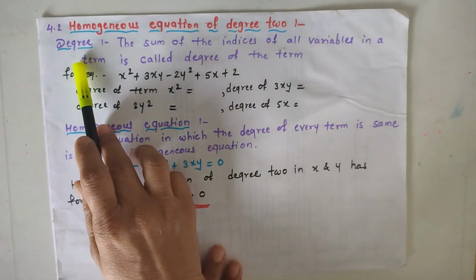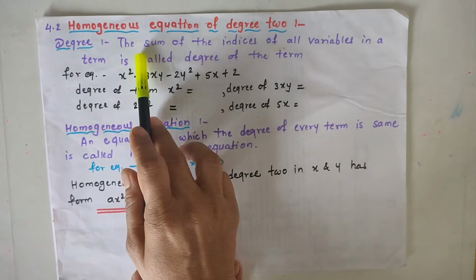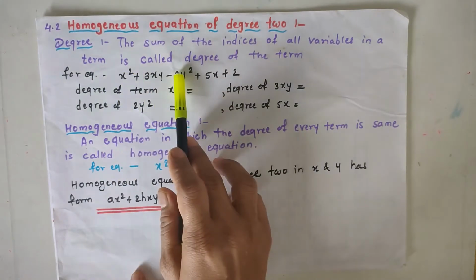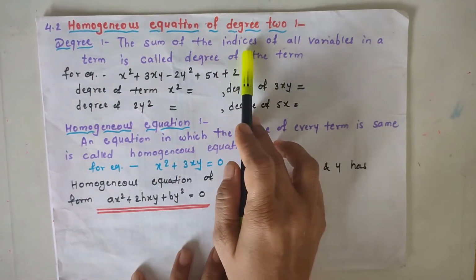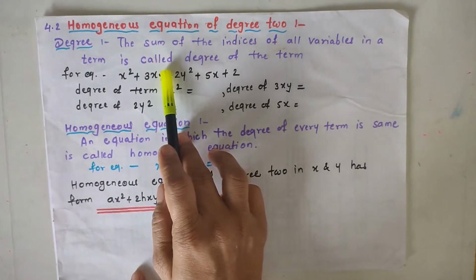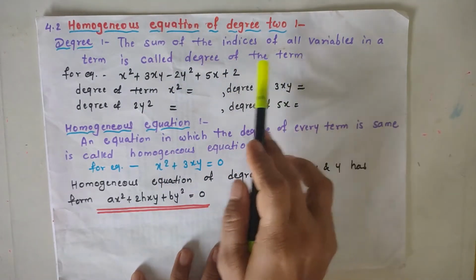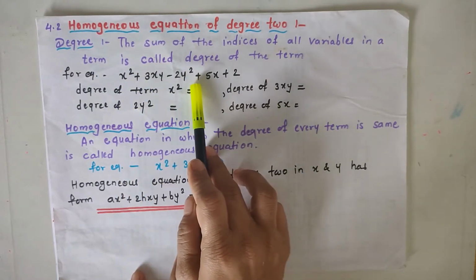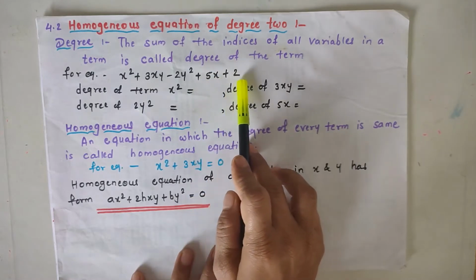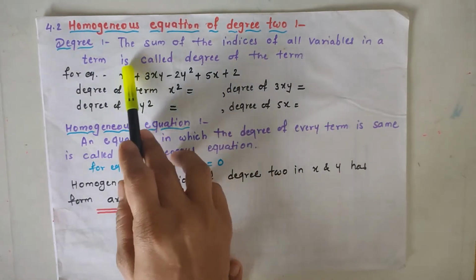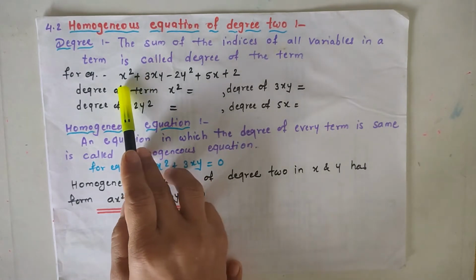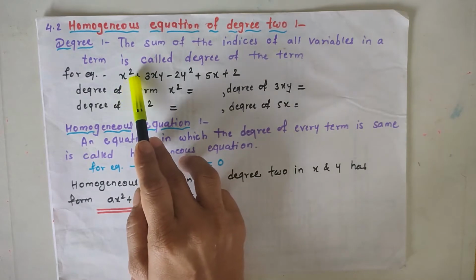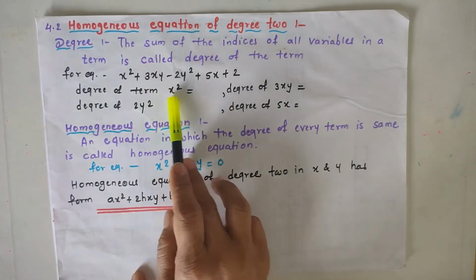So let's see first the definition of degree. The sum of the indices of all variables in a term is called the degree of the term. So for example, consider the equation x square plus 3xy minus 2y square plus 5x plus 2. In this equation, x square is the first term. In this term, x is only one variable and the index of this x is 2. So degree of x square is equal to